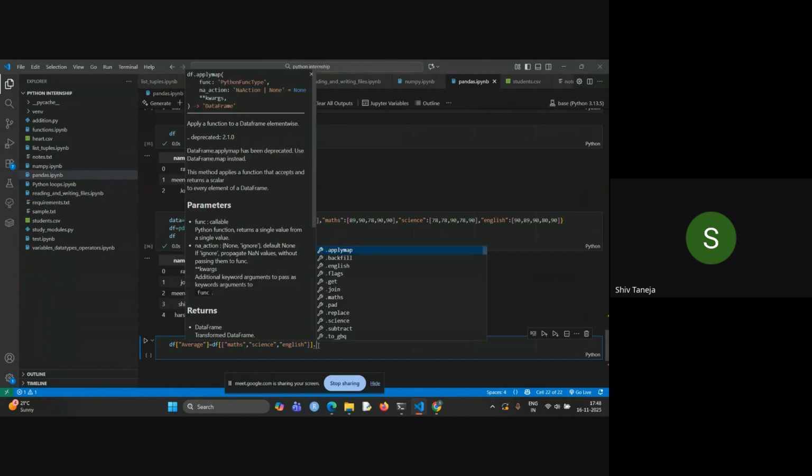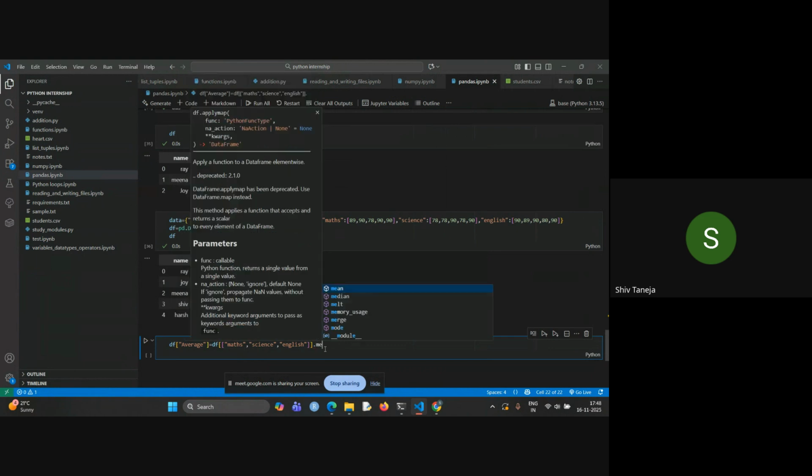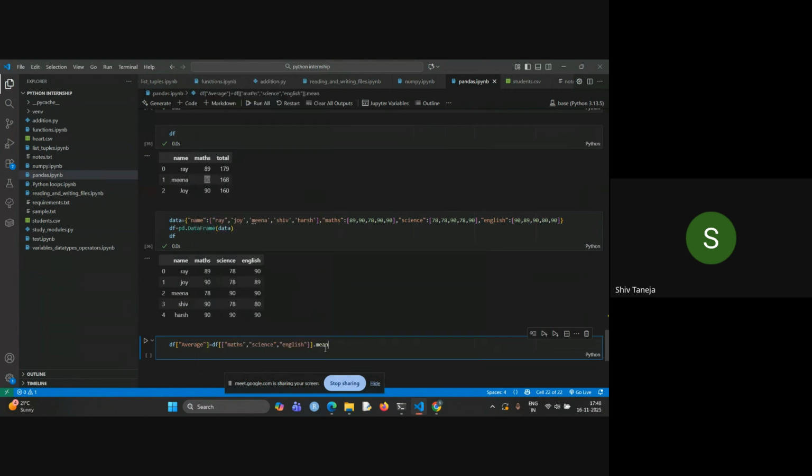Dot this, and there are many member functions here. You can just practice what these functions do. We will be using mean here, and as we were saying in the example, we will take axis equals to 1, which means a column-wise operation. Okay. Now if we print df,